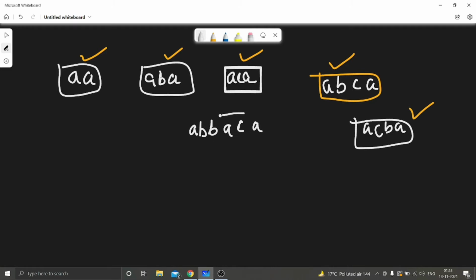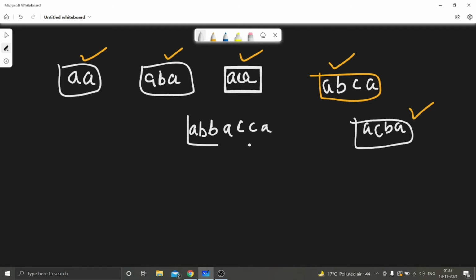But in this case also, ACA we have already checked. So this case doesn't work, right? So if we take B in this case, the number of B becomes more than the number of A. So that is also not favorable. The last option is to take C only. So let's take C. Now the number of A is 2, the number of B is 2, the number of C is 2. We want the number of A more. Let's take one more A, right?